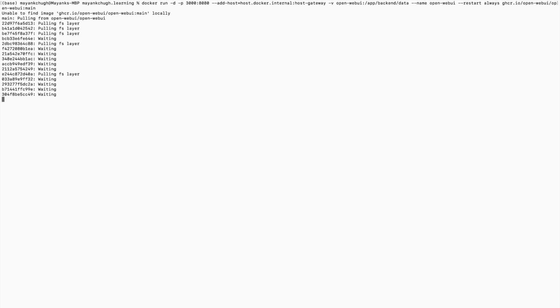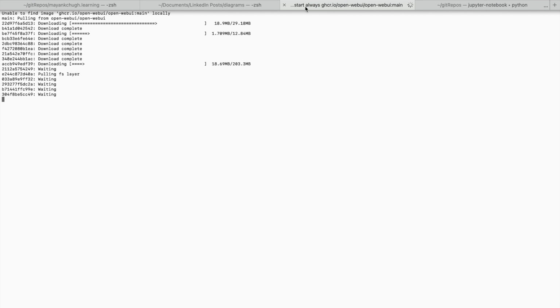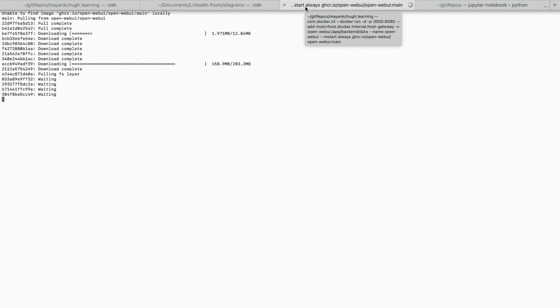Initially it is not able to find the image. Docker is already there in my system, which I can show, otherwise it would not work. Since Docker is already there, it started downloading. It will download and start that image immediately for me and start the server on a